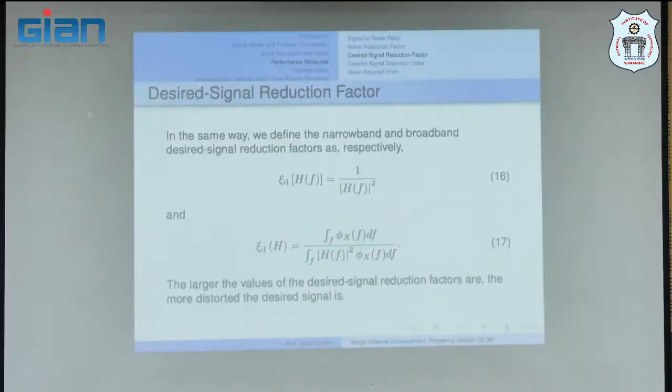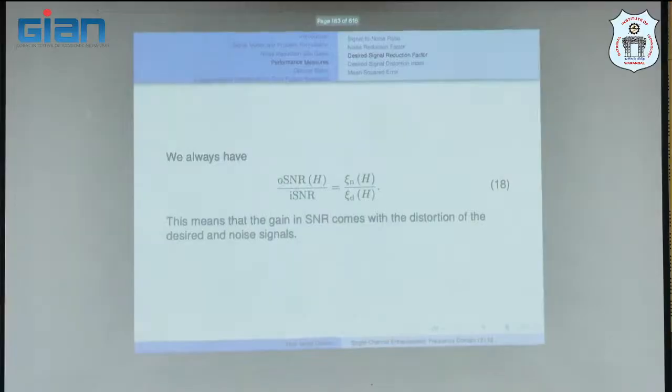And just like in the time domain, we want the noise reduction factor to be as high as possible, which means that we reduce as much noise as possible. And we want the desired signal reduction factor to be close to 1. If it's high, it means that we have more distortion. If it's close to 1, it means that we have less distortion. And we have this ratio similar to what we had for the time domain. You see, so these ratios are for the broadband